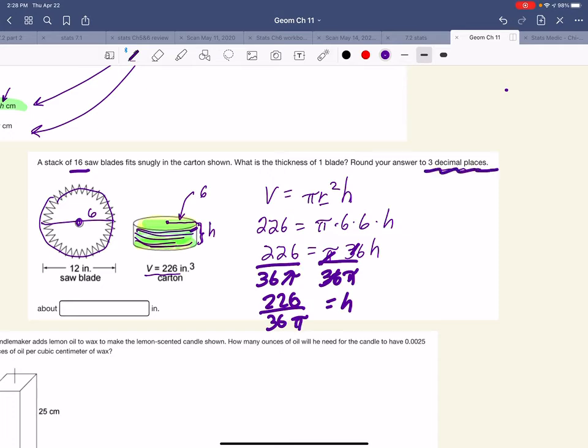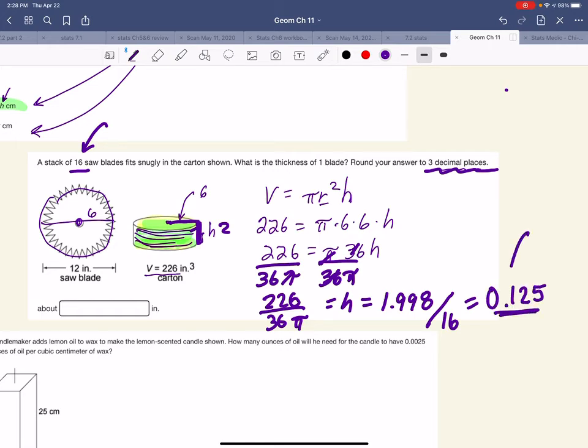And I'm going to round anyway, so let's turn this into a decimal. So 226 divided by 36 divided by pi, I get 1.998. So almost 2 inches high. And that looks the same. If this is 2 inches, that's 6 inches. That looks about right. Now I want to fit 16 of these. So I have to divide by 16 to get my final answer. So divide by 16 and I get